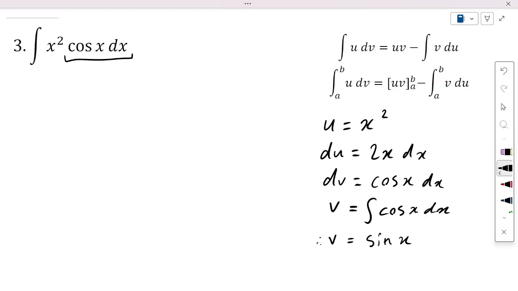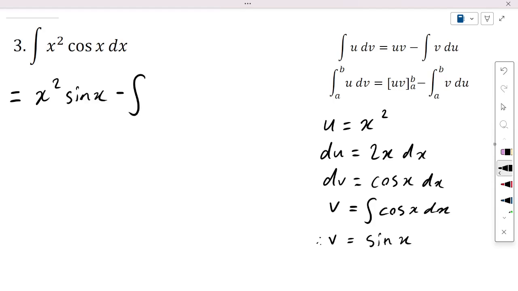Now here's what we're going to be doing, and I think this was a little bit more complicated, but it's fine. We're going to go through this together here. Now that we have x squared, which is represented by u, and then cosine x dx, which is represented by dv, we can actually use the right hand side of this equation now. So we're going to substitute all of our variables. Therefore, it'll be u times v. U is equal to x squared, and v is equal to sine x